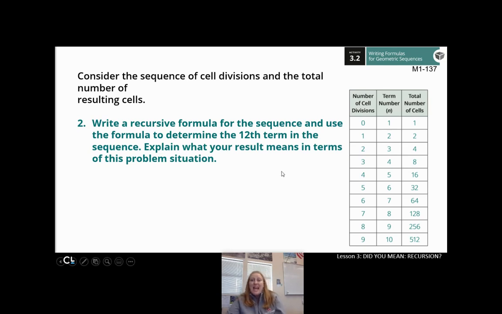So I'm busting out the recursive formula. I'm looking for the 12th term, so everywhere I see an n, I'm going to plug in 12. In this case, it looks like it was times 2, times 2, times 2, times 2 all the way down, so I'm going to say that my r, my common ratio, is 2. Yay! So if I want to find the 12th term, that means I need the 11th term and multiply it by 2. Now, I finished off at the 10th term, but if I multiplied that by 2, that tells me my 11th term would be